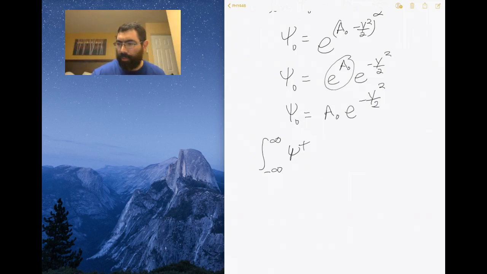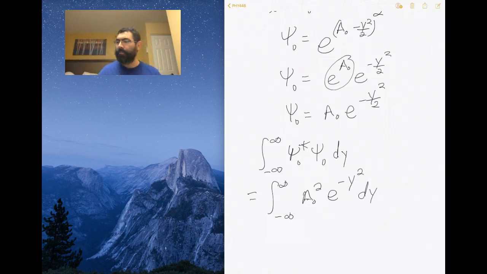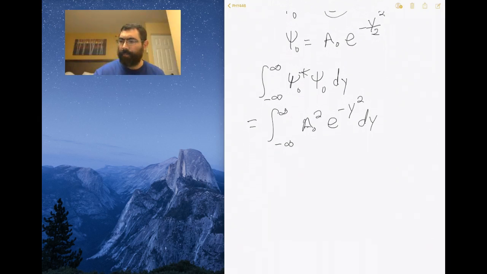That's just psi star of the ground state times psi of the ground state integrated over y, which in this case is a0 squared e to the minus y squared dy, which is a Gaussian, which in this case would give us, if I look it up on my integral table, it would just give me